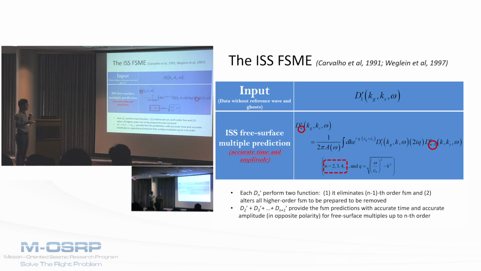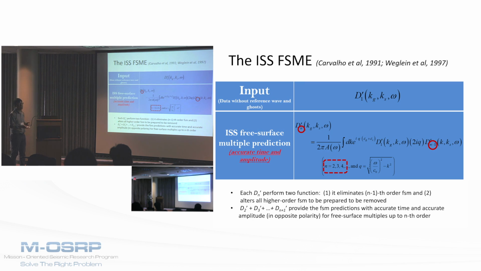And N is actually a positive integer starting from number 2. And each Dn prime performs two functions. It eliminates the n-1th order free surface multiple, and it also alters all higher order free surface multiples to be prepared for their removal. And the sum of this D2 prime plus D3 prime up to the Dn plus 1 prime, this sum of prediction terms provides the free surface multiple predictions with accurate time and accurate amplitude